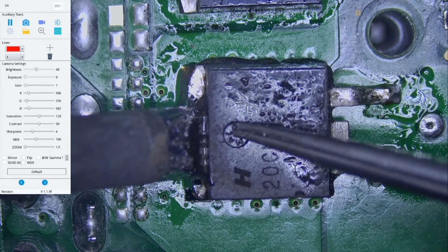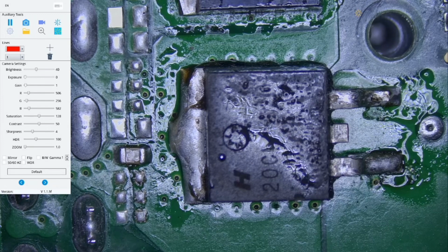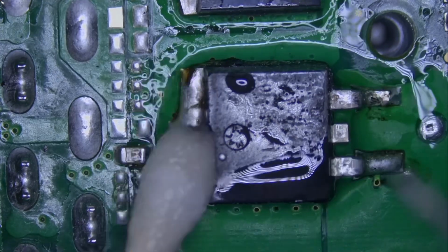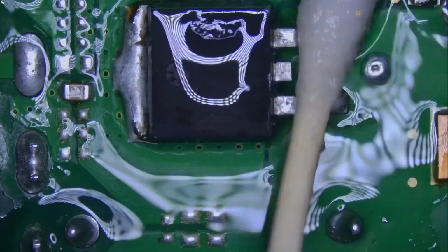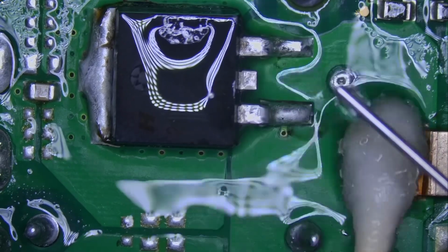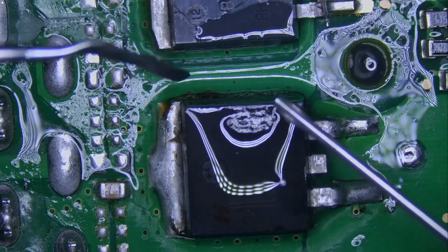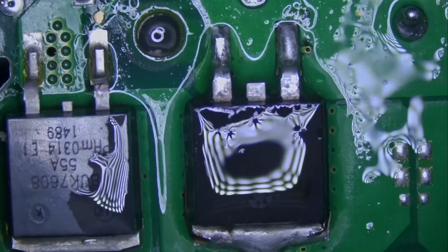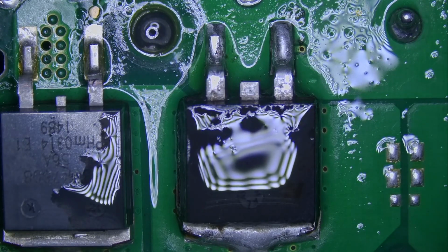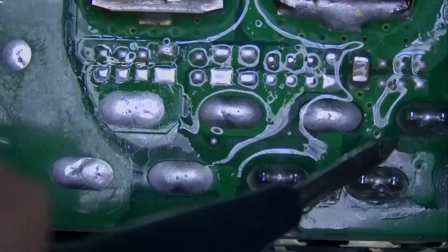Press with my tweezer and hold it like that until it hardens. Okay, now it's hard. I'm gonna clean it and I'm gonna measure again. Let's measure again. Meter in continuity mode. One probe here,